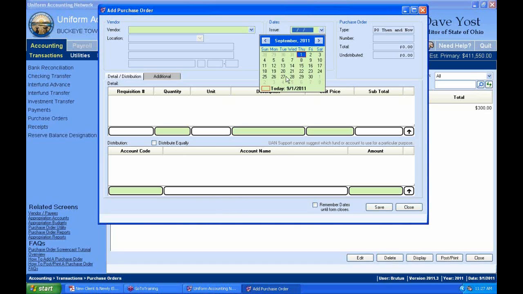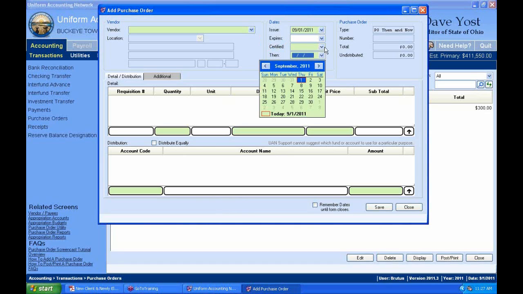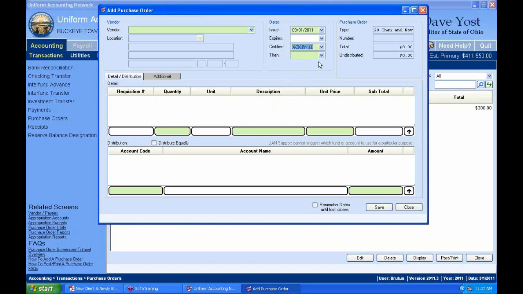And so we'll say today's date, PO's today's date, certified today. But then if that happened last week, maybe on Monday, August, then you'd put in the then date. And so this would stand out to your auditors, and they'd want to see this. This basically says, well, the money, the appropriations, the budget was really there,